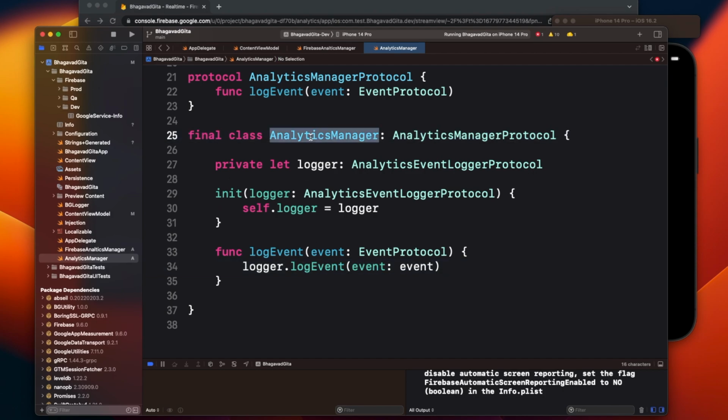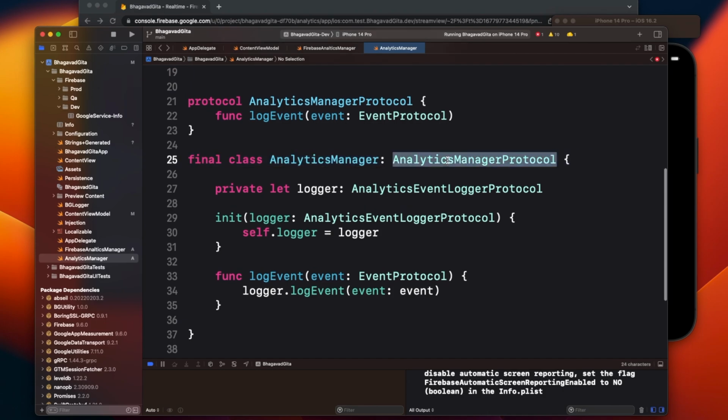Now I have this Analytics Manager, so see how the flow will actually happen. Your view or your view model will always talk through this interface, Analytics Manager protocol, and this interface, when we initialize in the project, will be initialized with an Analytics Manager. Now when we want to write the test cases, we can create a mock Analytics Manager and write the test cases for that. Okay,